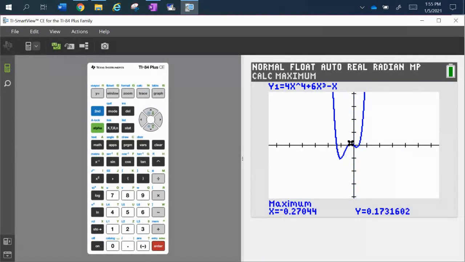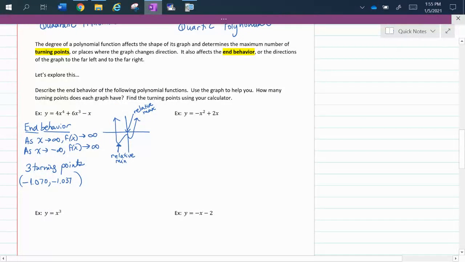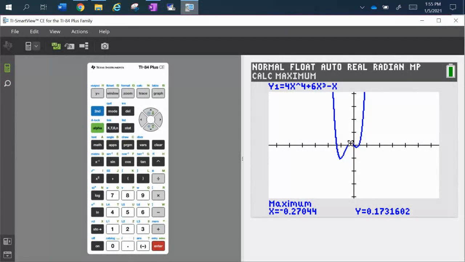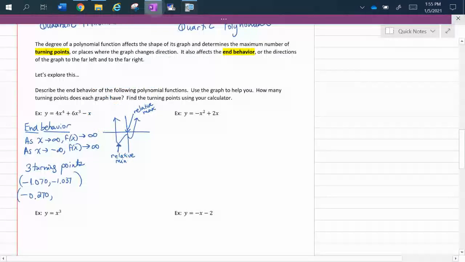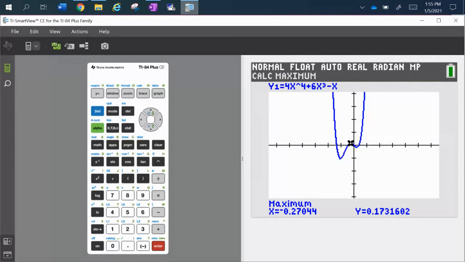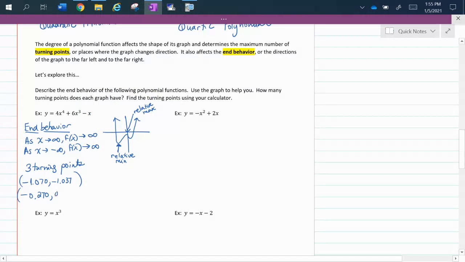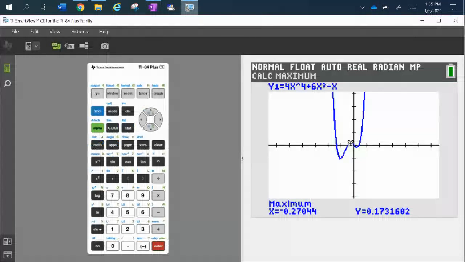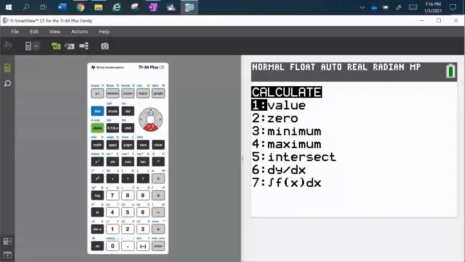And when it asks me to guess, you press enter again, and then it gives me that relative maximum, negative 0.270, comma, negative 0.173. Was it negative? Positive. Positive 0.173. Okay, and we've got one more turning point to find, so we're going to practice again. Now, this last turning point here is a relative minimum because at that point, the graph changes from decreasing to increasing. So I'm going to do second calc minimum